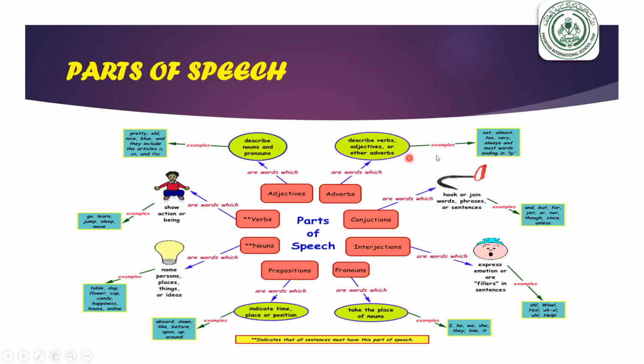adjectives or other adverbs, like not, almost, too, very, always, and most words ending in ly, slowly, quickly, like this. Then conjunctions are words which join words, phrases, or sentences, like and, but, or, yet. These are the conjunctions. And interjections are words which express emotion or feeling in the sentence, like oh, wow, yes, hurrah. And pronouns are words which take the place of nouns, like he, we, she, they. And prepositions are words which indicate time or place, like above, down, in, beside, up, around, upon, before, like